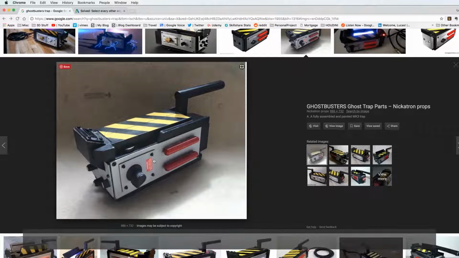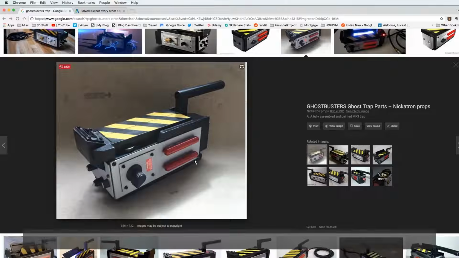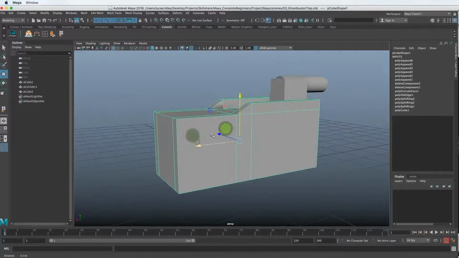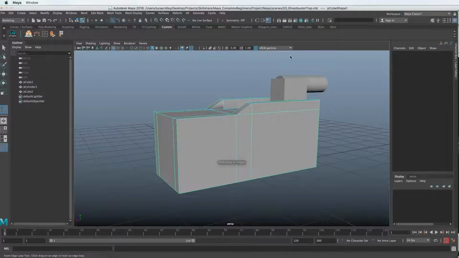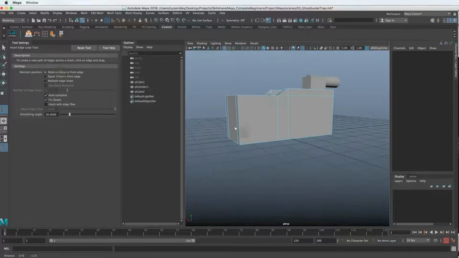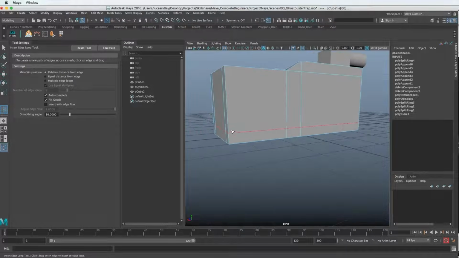The one thing I want to do before I do that as well is to finish out this bottom section. You can see that this goes down to a kind of footprint that doesn't just go straight down to the floor. So there's this kind of inset area that we can do with the Poly Extrude tool and adding some edge loops and things that we've learned. So let's go to the Insert Edge Loop tool, and I'm going to go to the tool settings over here to make sure that we're back on relative distance. And I'm just going to choose one kind of area here and use that.